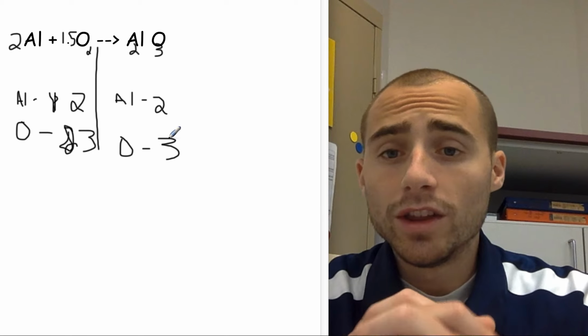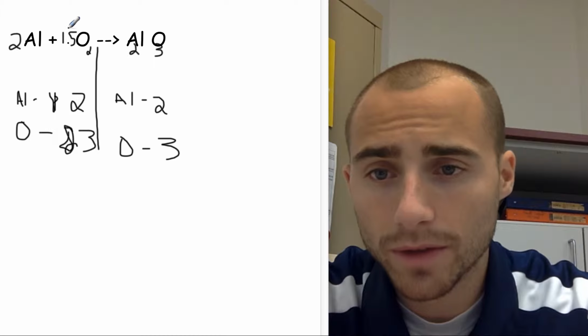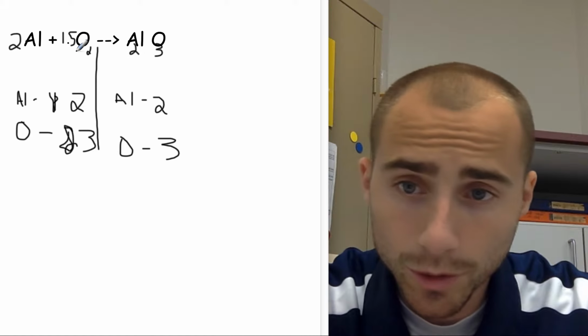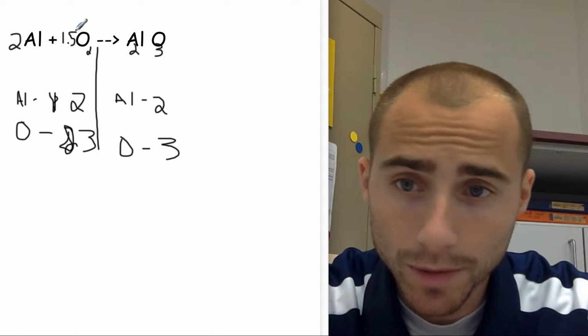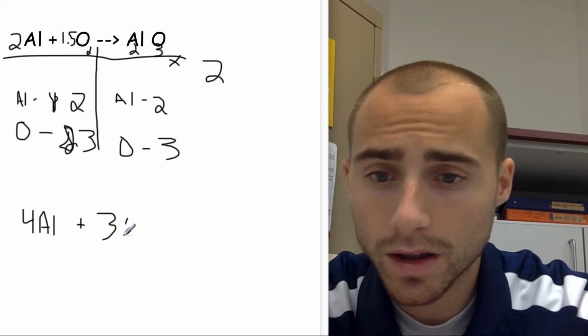How are we going to get these equal? Well, all you have to do is make sure these are all whole numbers, right? We have 2, we have 1.5, and don't have a coefficient here. What we can do to make this a whole number is multiply it by 2, right? If we multiplied this by 2, that means we'd have to times the entire thing by 2. Like we'd have to multiply all of this by 2. So 2 times 2 is 4. So you have 4 Al plus, and then we did 1.5 times 2. That was the whole reason we did this. So we have 3 O2,